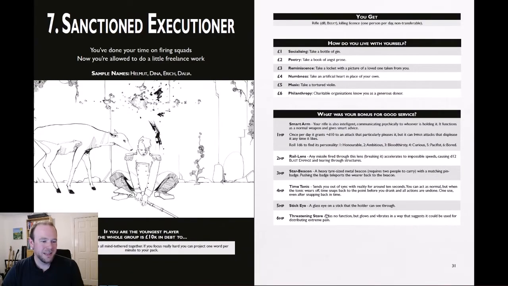And one of the ones I like in here, again, we're getting the Red Dwarf references coming thick and fast. Stick eye, a glass eye on a stick that you can see through. I'm sure that was inspired by Red Dwarf, with Crichton taking his eye out and sticking it on his hand. But